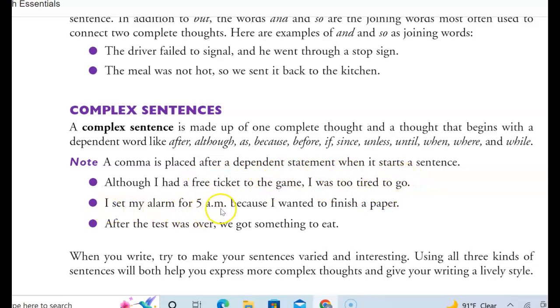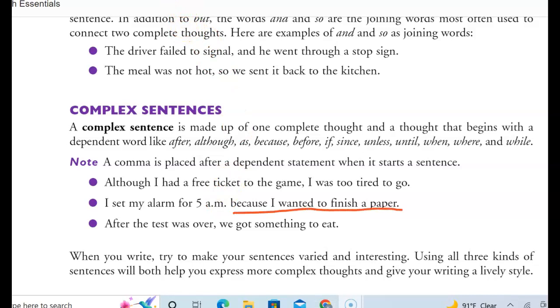I set my alarm for 5 a.m. because I wanted to finish a paper. I set my alarm for 5 a.m. If we stop there, it makes total sense. I is the subject, set is the verb. I set my alarm for 5 a.m. This is our independent clause. Okay, so if we come here,